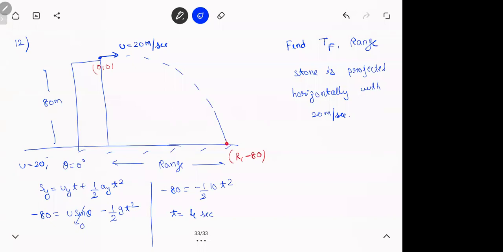If you see, we are simply doing this question actually: you took a stone and dropped it from rest. Vertical component 0. Like this is what I was saying. When you are asking about time, I don't care what is happening in the horizontal direction. What is the x coordinate? It is u cos theta into t. So here x becomes range, u is 20, cos 0 is 1, time is 4 seconds. So range is 20 into 4, 80 meters. That's it, done.